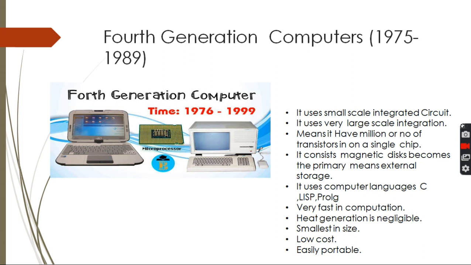In this generation, time sharing, real-time networks, distributed operating systems and high-level languages like C and C++ were used. The main features of the fourth generation are: VLSI technology, very cheap, portable, reliable, use of PCs, small size, pipeline processing, no AC required. The concept of the internet was introduced. Great development in the field of networks, and computers became easily available.